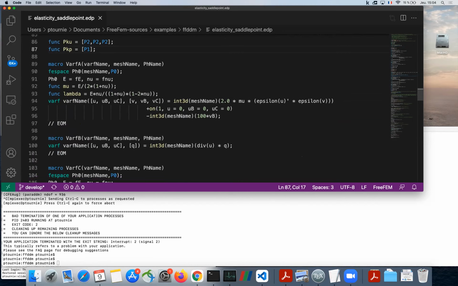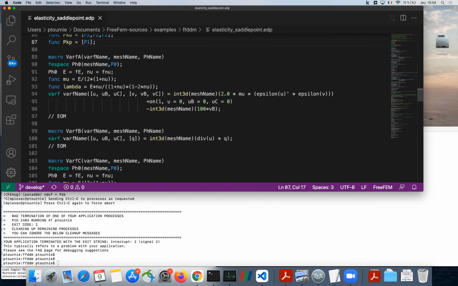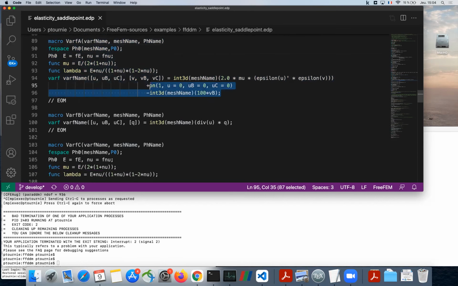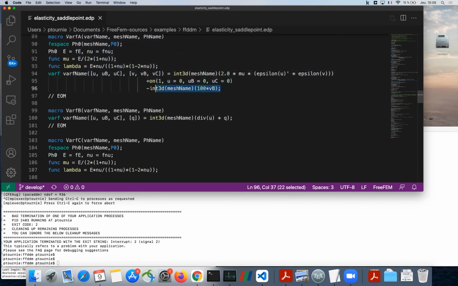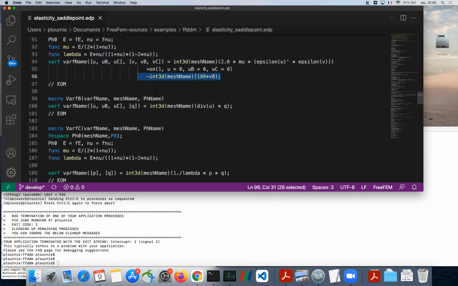And now we can define our variational formulations for the 3 blocks, right? So we have the variational formulation for the A block. This is embedded in a macro, which is sort of an abstract variational formulation, which is mesh independent because the mesh is now the parameter here. FFDM will take that as an input and integrate your variational formulation on the correct meshes depending on what you want to do. You recognize the linear elasticity A block here. You have a force here in the y direction, the Neumann boundary condition.